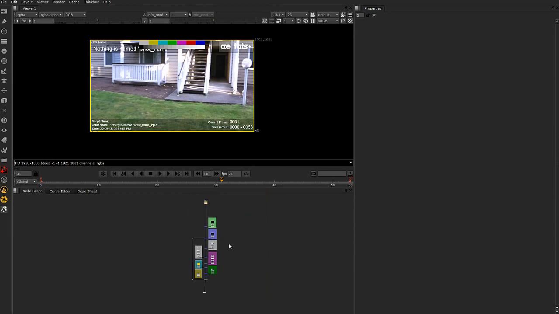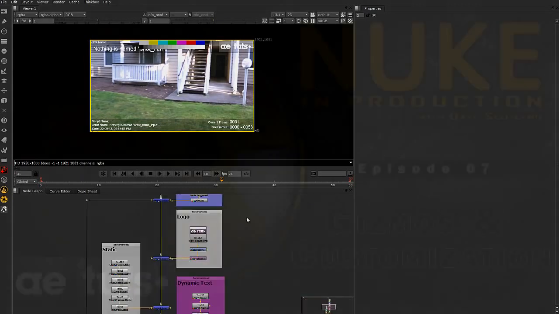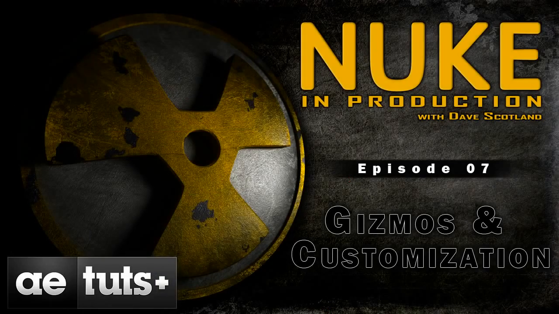So you would certainly be able to just grab that and then group that and then create a gizmo out of that group. So it's certainly no problems to go in and reverse engineer somebody else's gizmo by using that process. So I hope you've enjoyed the tutorial. A little bit technical, but definitely well worth it. I think you'll enjoy the process once you get in and start playing and tweaking these settings and